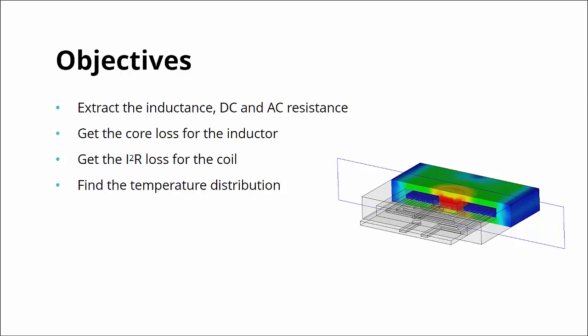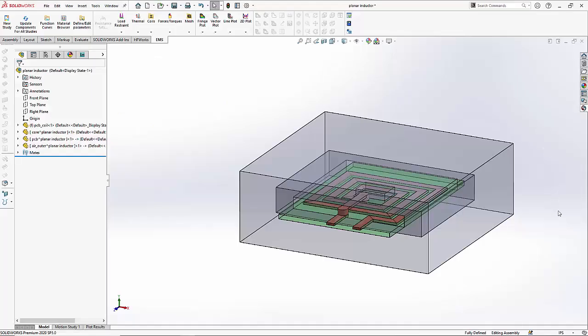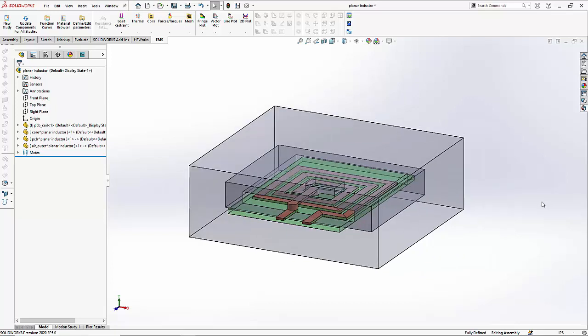Now let us get to EMS for SOLIDWORKS. In this example that you see on the screen, we have a planar inductor. Let me first go ahead and describe all the components that you see on the screen. We will start with a PCB coil here. Next, we also have a PCB in which the coil is actually a trace. We have a core that is made of power ferrite, and finally we have what is called the outside